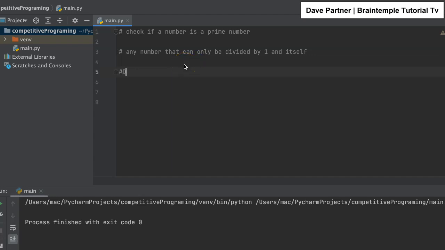Let's start with some competitive programming code. So we're trying to see if we can check if a number is a prime number. So any number that you're given, you want to write a code that will check if that number is a prime number. So to start with this solution, what we're going to look for is what is the definition of